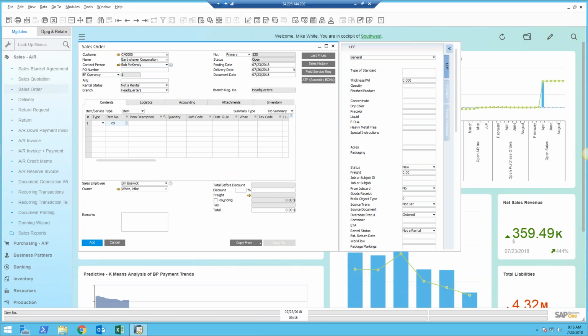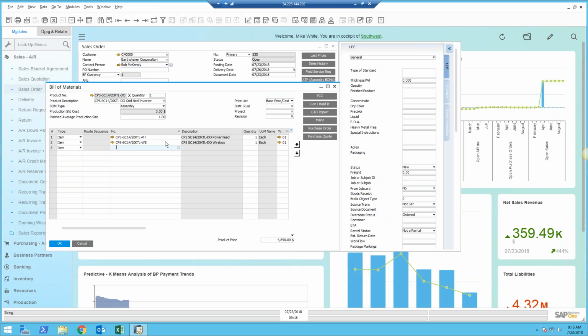And now what we're going to do is pick that finished good, the inverter. And when I select that, what it's done is this bill of material. If you'll notice down on the bottom right